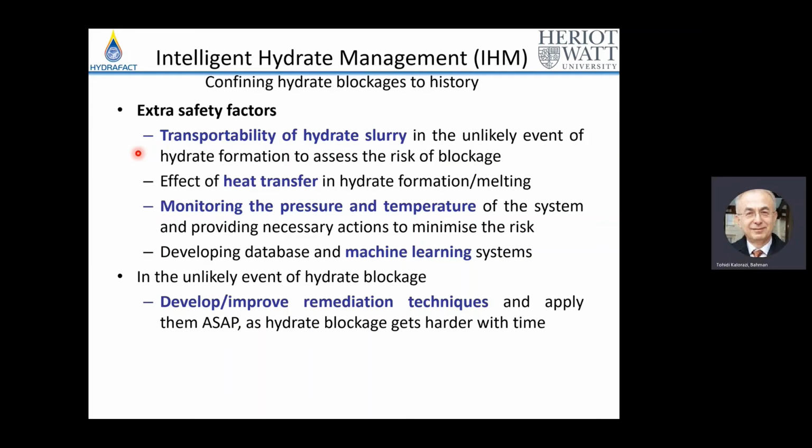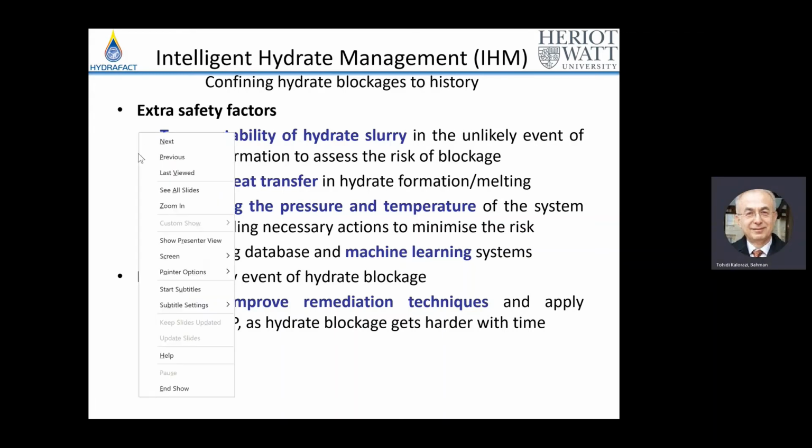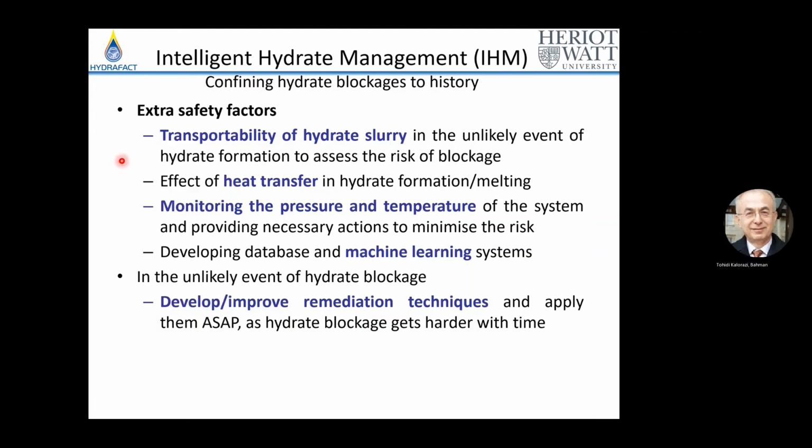We can also monitor pressure and temperature systems and provide the necessary action to minimize the risk of blockage. And finally, you can develop a database and machine learning system. In the unlikely event of hydrate blockage, we are all ready. And as I discuss later,